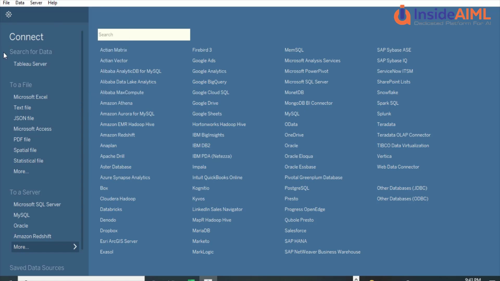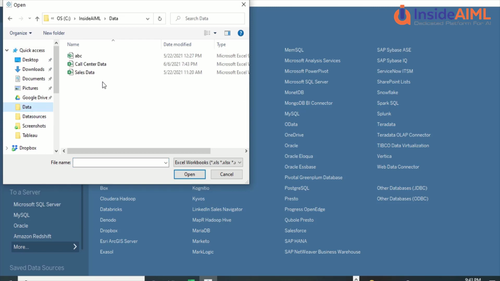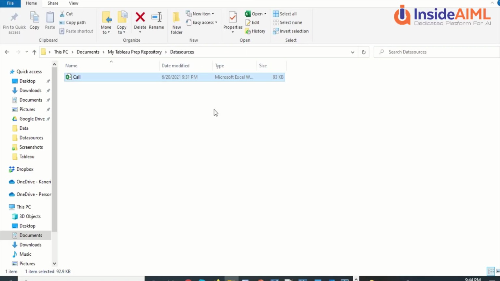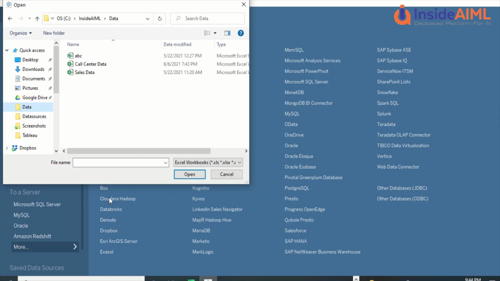Now the first thing we are going to do is use Microsoft Excel, and this Excel is not a normal Excel. This is what we have actually converted from the Tableau Prep. We have prepared this sheet, and that sheet which we prepared from Tableau Prep is the one we are going to use. One option was that I use the call center sheet which was there, but I am going to use the Tableau Prep sheet. I'm going to paste the URL out here, and let me try to get the Tableau Prep sheet from there.